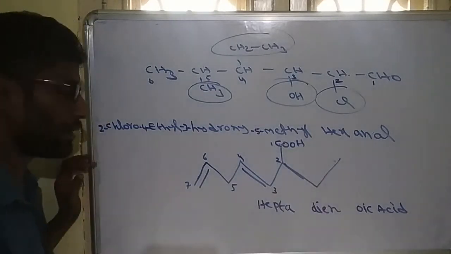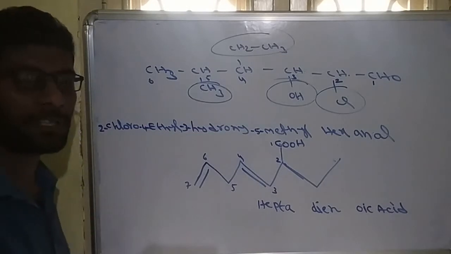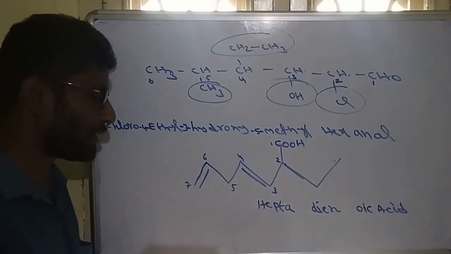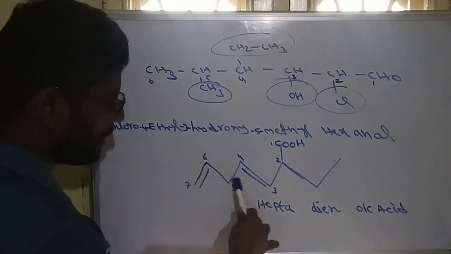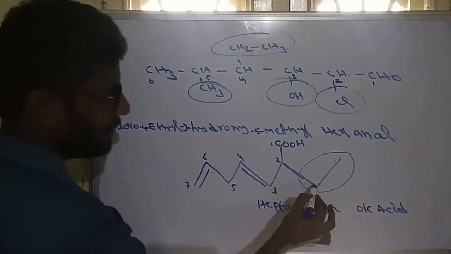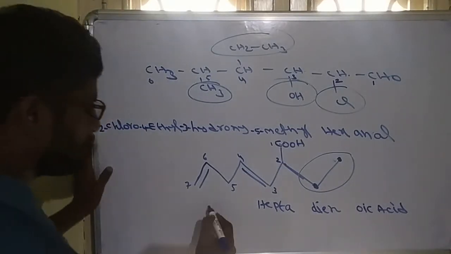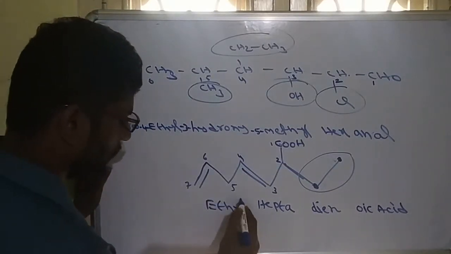Before the root word, we get the primary prefix, but it is only applicable to cyclic compounds. So this is an open molecule. No need to write a primary prefix. And before that, the secondary prefix is there. Secondary prefix means branchings. So here, this I am taking as the chain, so this should be the branching. This branching contains carbon and carbon, 2 carbons are there. That means this should be ethyl.